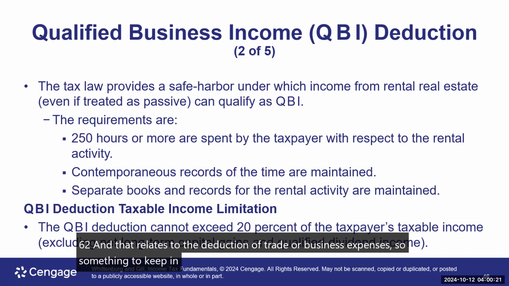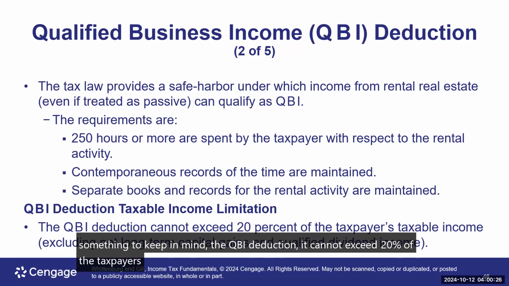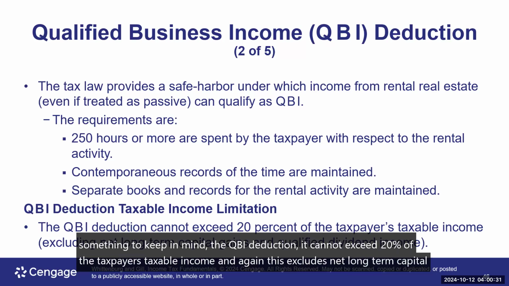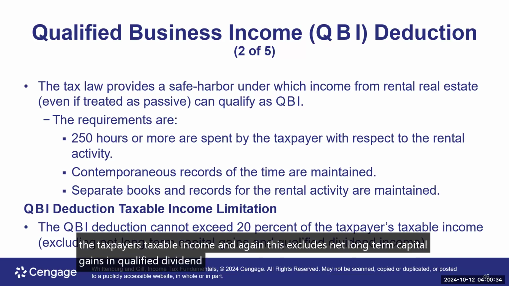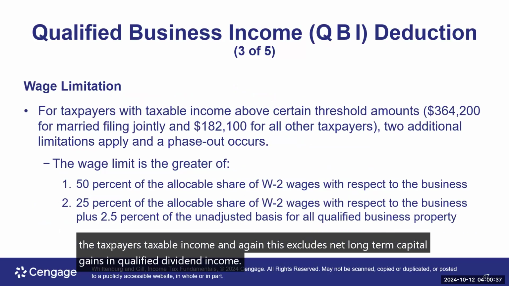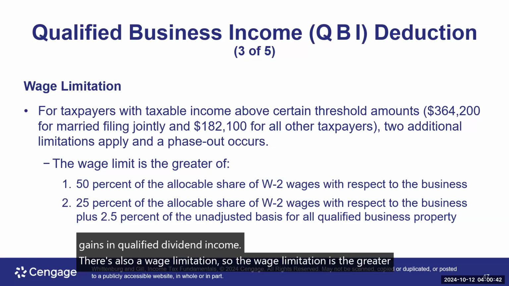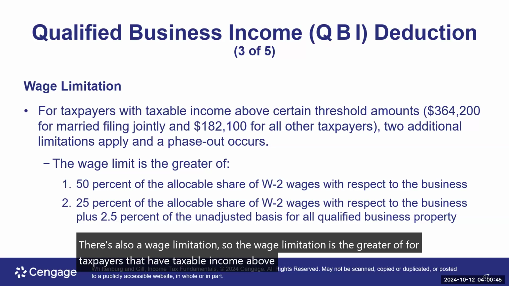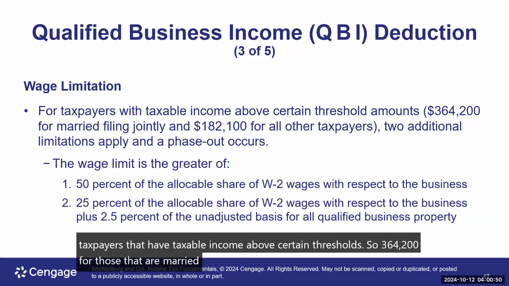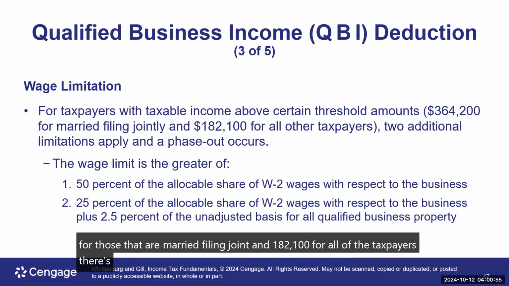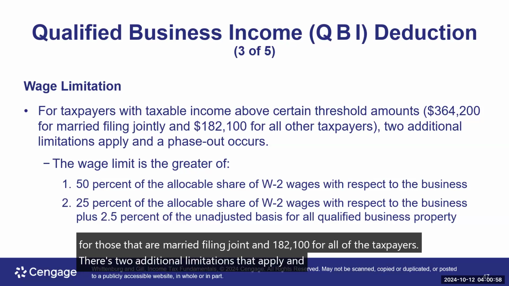The QBI deduction cannot exceed 20% of the taxpayer's taxable income. And again, this excludes net long-term capital gains and qualified dividend income. There's also a wage limitation. So the wage limitation is the greater of, for taxpayers that have taxable income above certain thresholds, so $364,200 for those that are married filing joint, and $182,100 for all other taxpayers, there's two additional limitations that apply, and a phase out occurs if the wage limit